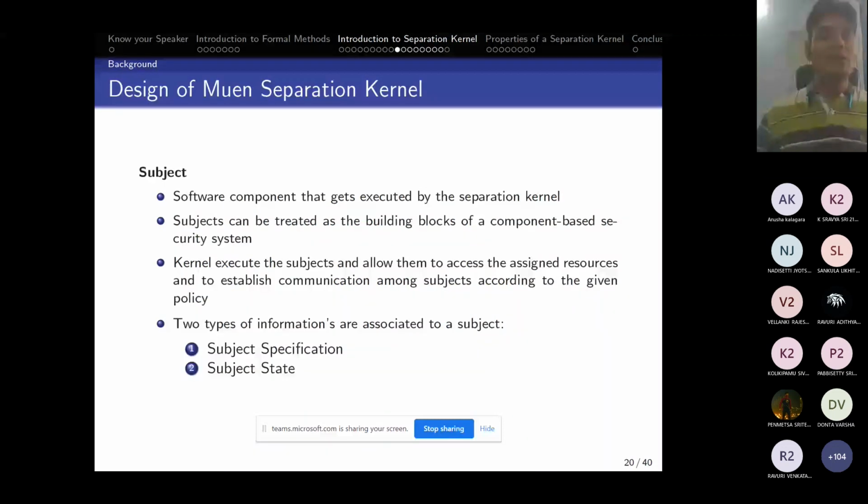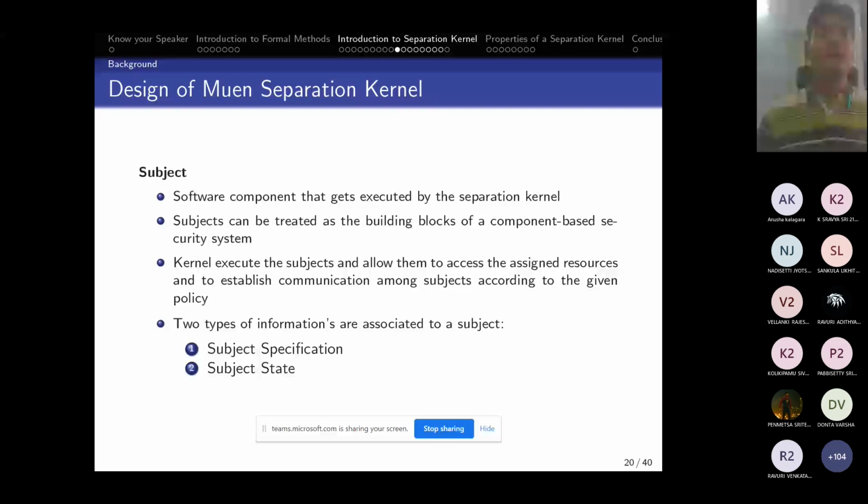So basically, in a general operating system or monolithic operating system, you might have heard about a process, and here we term it a subject, right? Both are the same thing only. There also, process means a program which is under execution. Here also the subject means the same. There you have process state and process specifications.